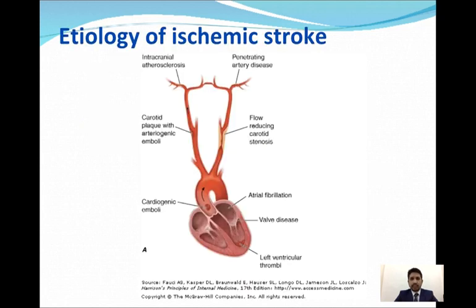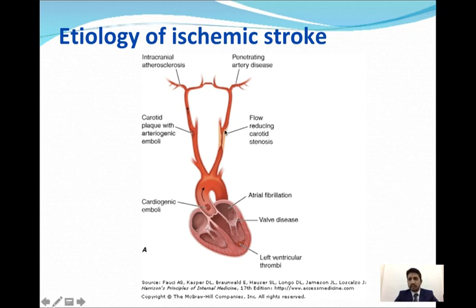Here, in the etiology of ischemic stroke, we can see that emboli can arise because of atrial fibrillation and any other arrhythmic heart disease, valvular diseases, or thrombus in the left ventricle. These emboli can arise from the heart and go into the brain circulation. Where it is going to be lodged depends upon the size of the emboli. If it is a big embolus, it can block a large blood vessel, or if it is a small embolus, then this will block a smaller blood vessel. Then there is thrombus, which is at the carotid bifurcation.